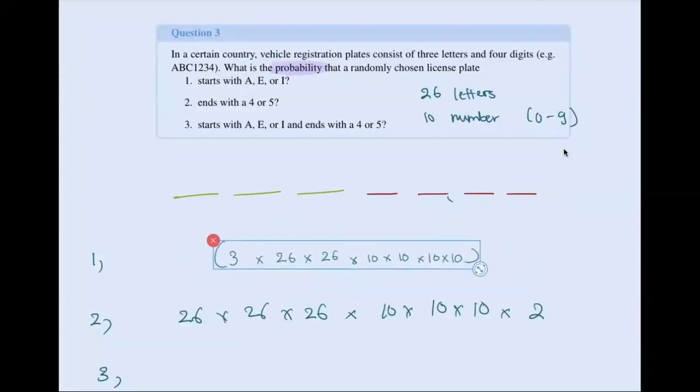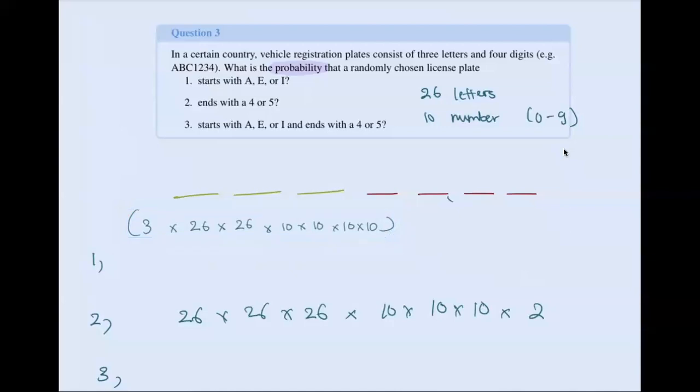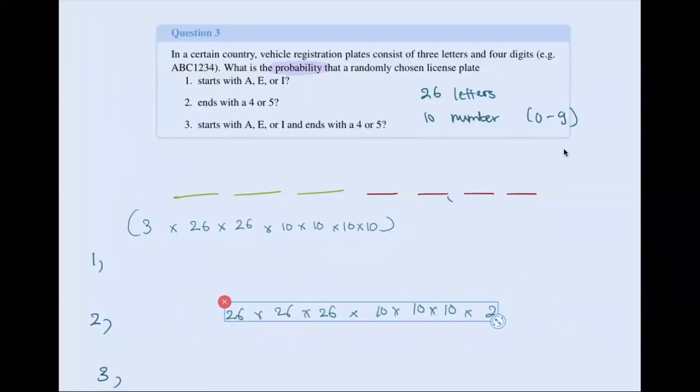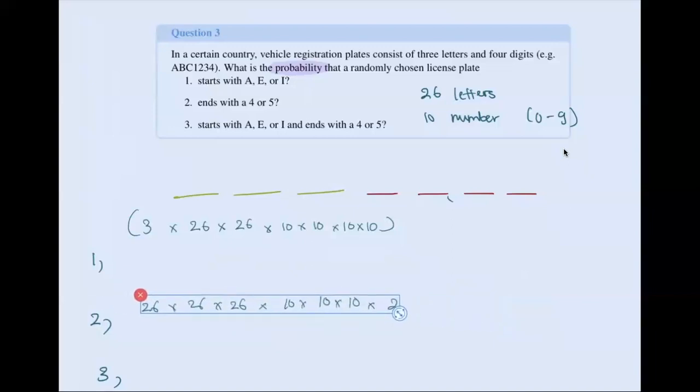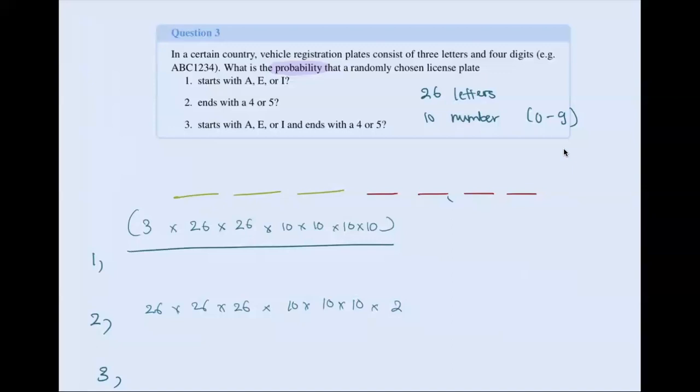What is the cardinality of the sample space? Yeah, that was correct. It is 26 to the power of 3 and 10 to the power of 4